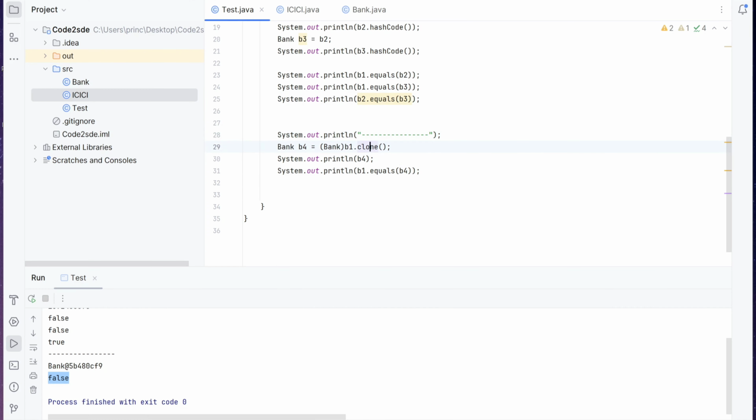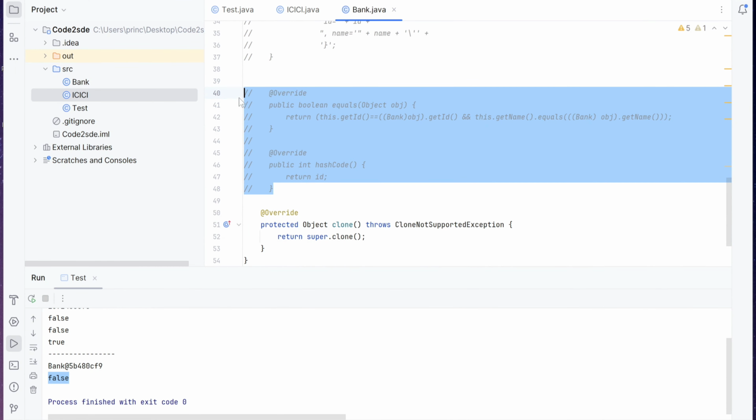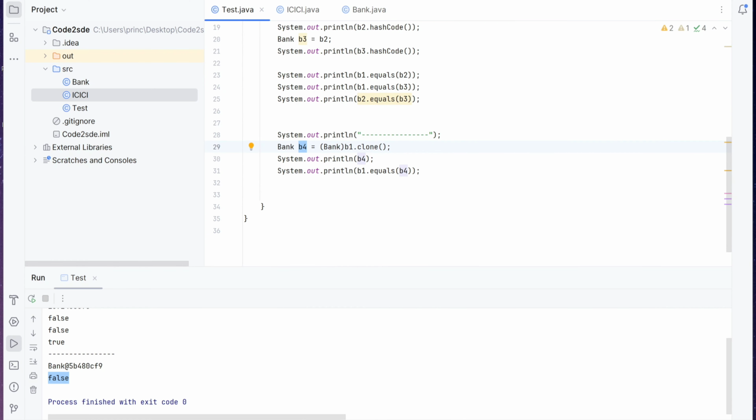So whenever you create an object using the cloning method, it always creates a different object in memory. It does not create the same one. So let's say we now have the equals and hashCode methods overridden in the Bank class. Now we have cloned B4, so it will also have the same instance member variables. Let's run this program again.